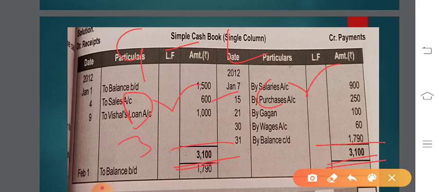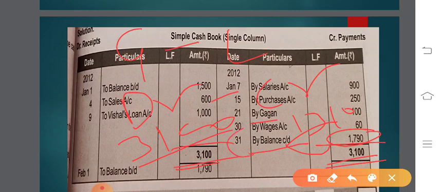So here debit total is 3100 and credit total is 1310. So we'll subtract 1310 from 3100 and the difference will be 1790, which means we had 3100 out of which we spent 1310 and we are left with a balance of 1790, and this is our closing balance. So here we'll write by balance carried down 1790, that is 1790.